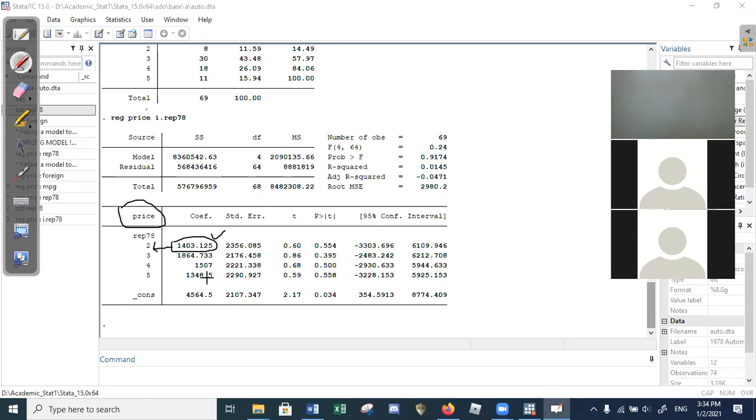You can say that the difference in the average price of a car of the current category and the base category is $1,403, right? So as compared to a car with worse repair record, I am saying this because it is the code 1 which is taken as the base. So as compared to the car with rep 78 having the category 1, which means a car with worst repair record,